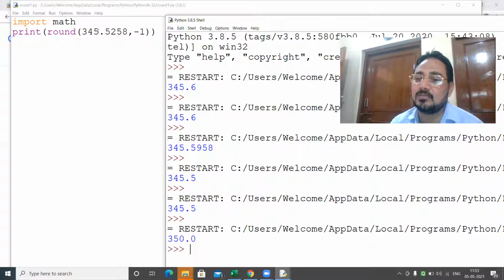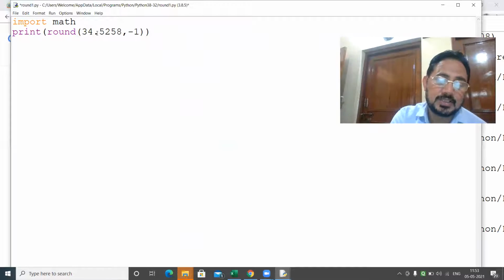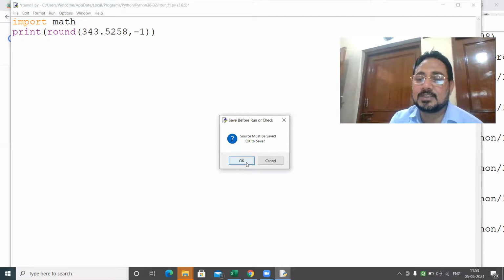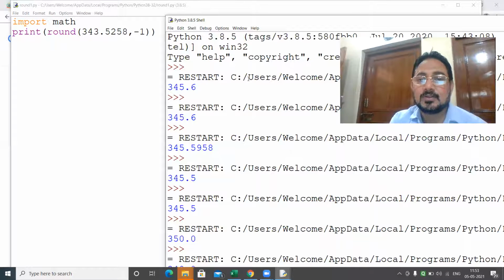If it is 5 or more than 5, the tens place is rounded off to next value, that is 4 then 5. If it is 2, 3 or 4, like 344, then it is 340 only. Even 3, run it. No rounding off will take place at tens place. 340.